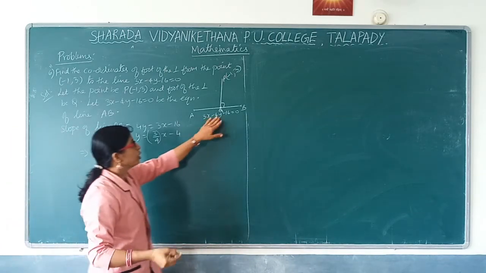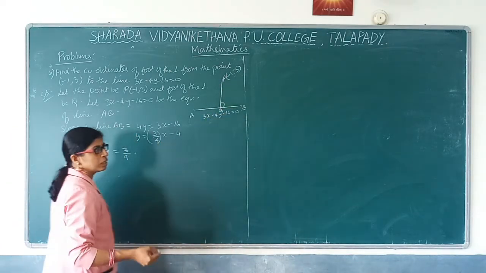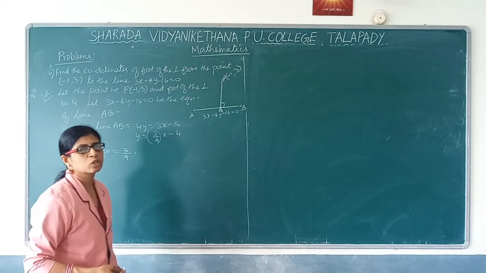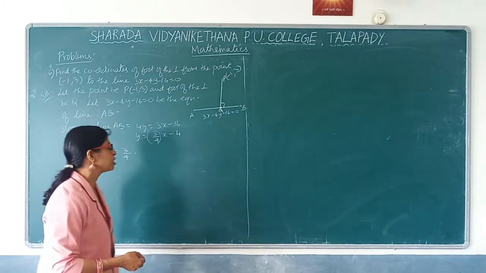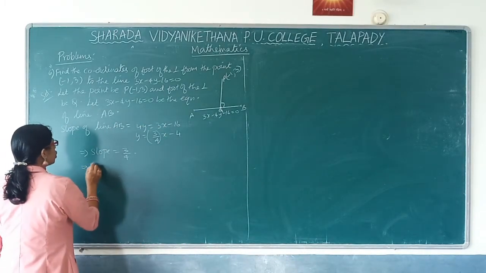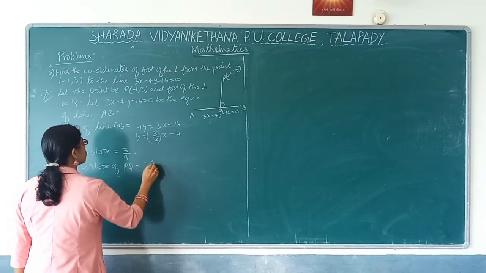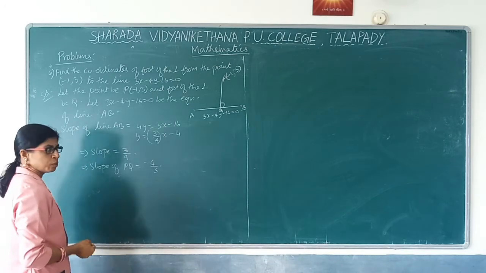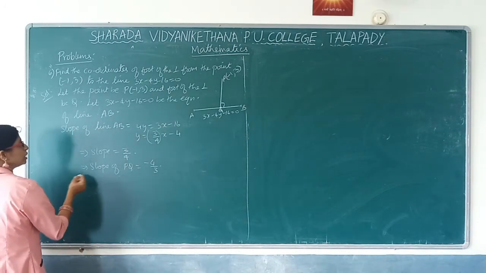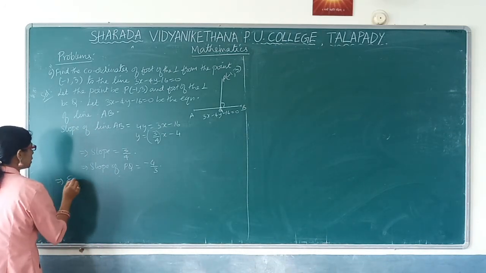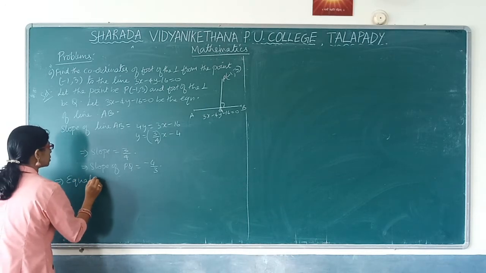This line is perpendicular to this line. So you know that if two lines are perpendicular, their slopes are negative reciprocals of each other. Implies slope of PQ is equal to minus 4 by 3, negative reciprocal. So how can you write the equation of PQ? Implies equation of PQ is,